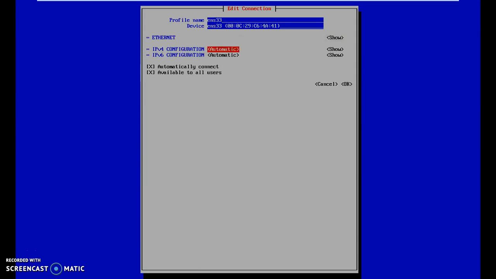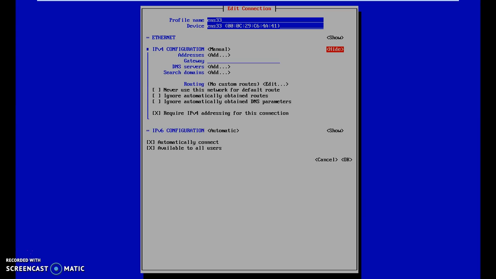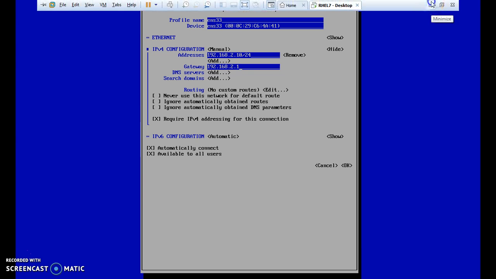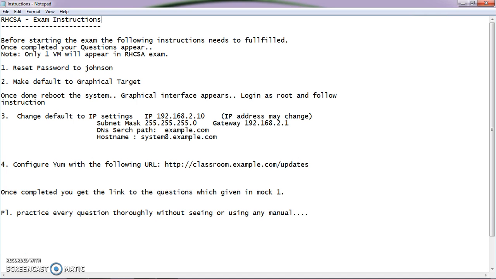Here you can change automatic to manual and say add: 192.168.2.10/24, and the gateway address is 192.168.2.1. Please check what the instructions are meant for, and then accordingly go ahead.